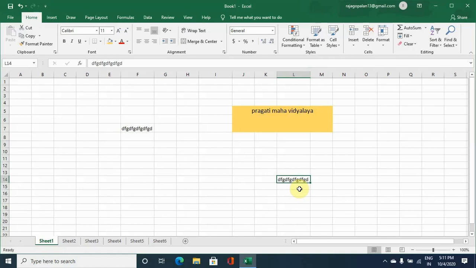Then say we have typed some matter in a cell and you want a comment for this cell, like say we have marks of the students.